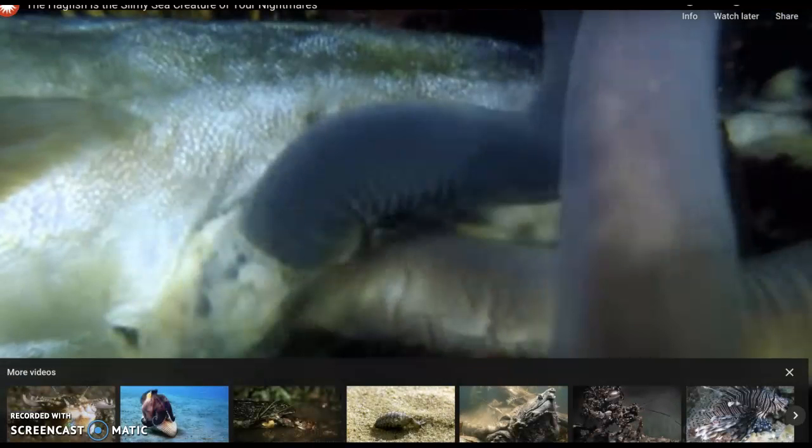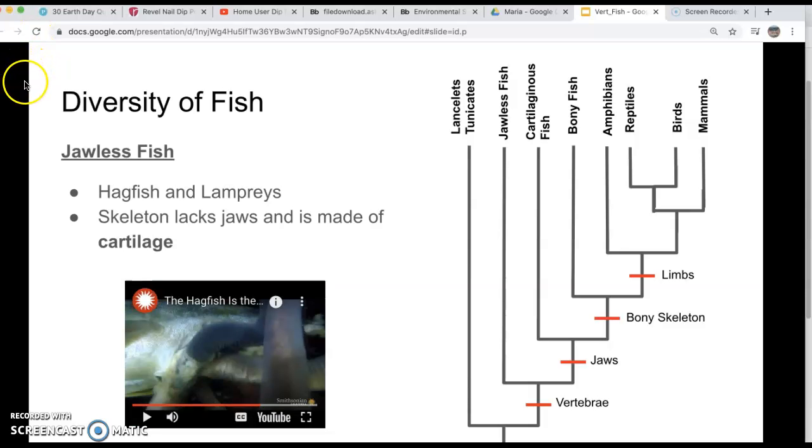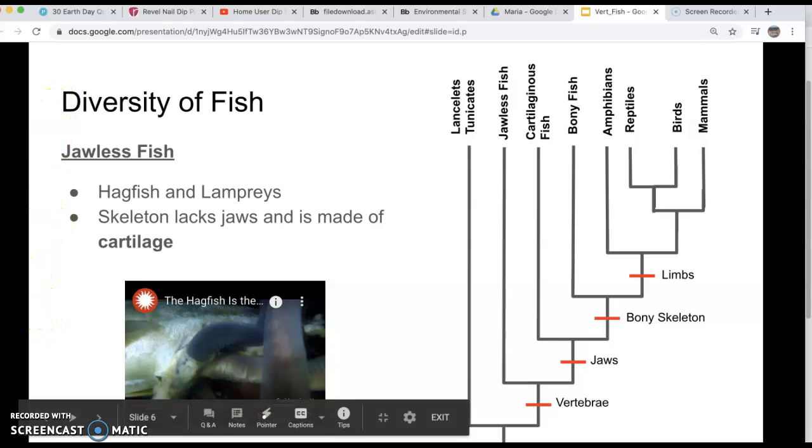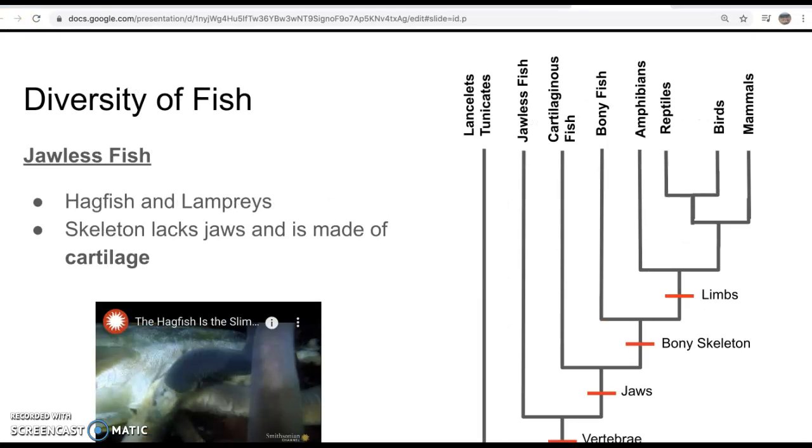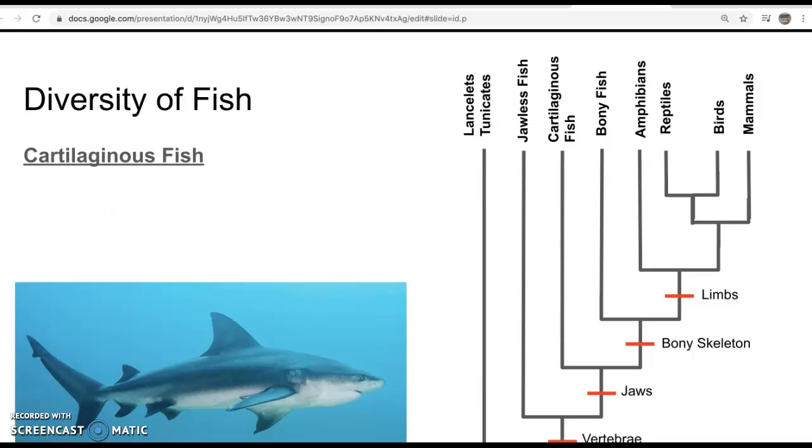Okay, so it's quite graphic watching this video, but it's very interesting to see how they eat and how they go through this process. Notice that they don't have fins. They are basically like snakes that swim, but they have tails. They have a lot of other interesting features. They are decomposers, hagfish and lampreys. Anyway. Okay, so the next type of fish that we want to talk about is the cartilaginous fish, and these